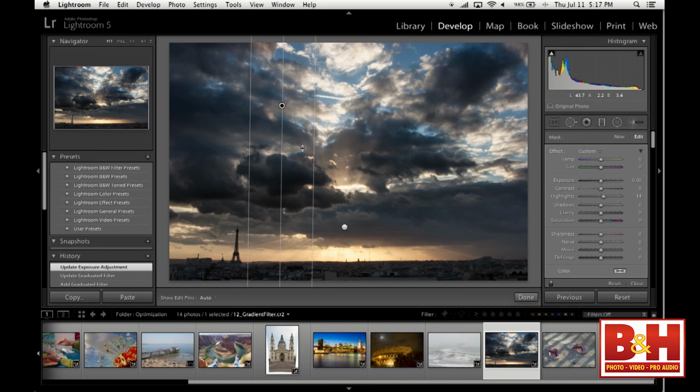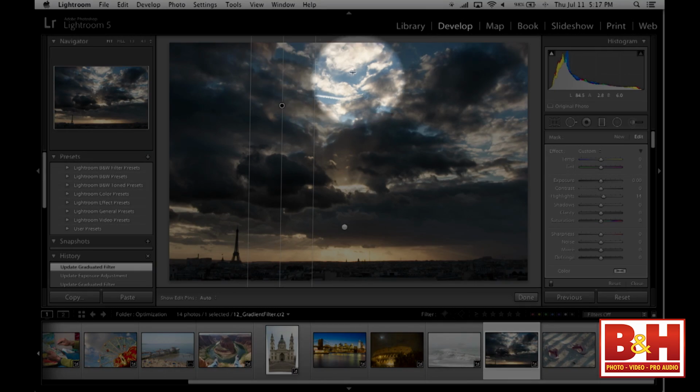My favorite part of the whole thing now? Because I only made a second gradient to show you that it could be done. Most of the time I only need one gradient. So now I need to get rid of the other gradient. And this brings us to one of my favorite features in all of Lightroom. If we want to delete one of these options, first I have to select the edit pin that I want to delete. So I could click on that little button in order to select one or the other,